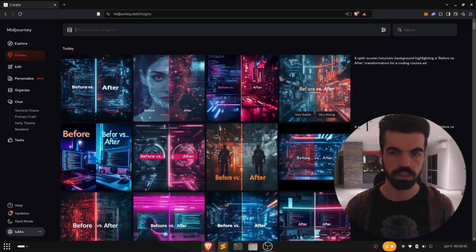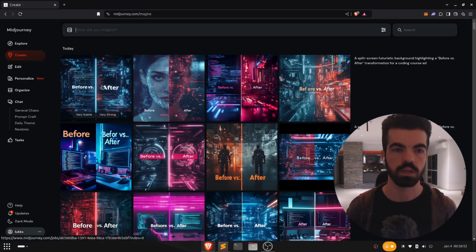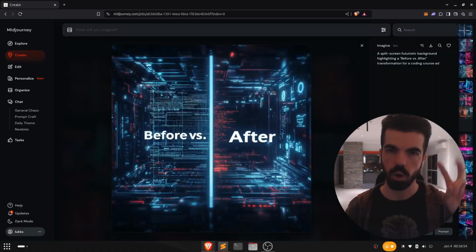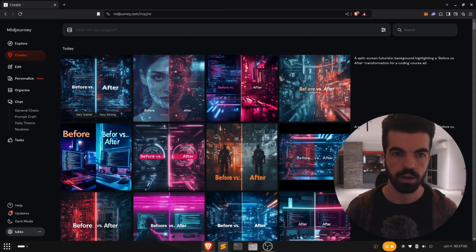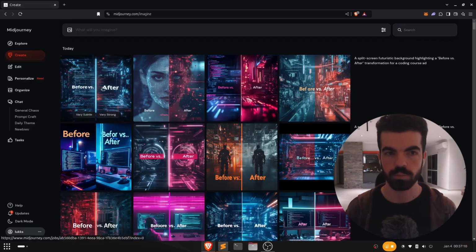So here we can see that I sent this prompt text and it gave me 4 variations. Those variations are low quality or medium quality. Maybe you cannot appreciate it in the video, but it's not perfect quality. That's why you can upscale the image. But it's fine. It's okay. But the point again, there is no API, so we can actually do a module in Node.js to do this